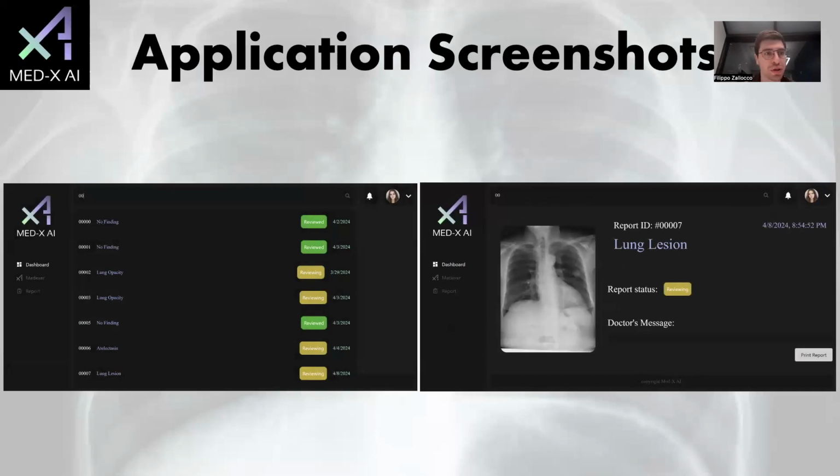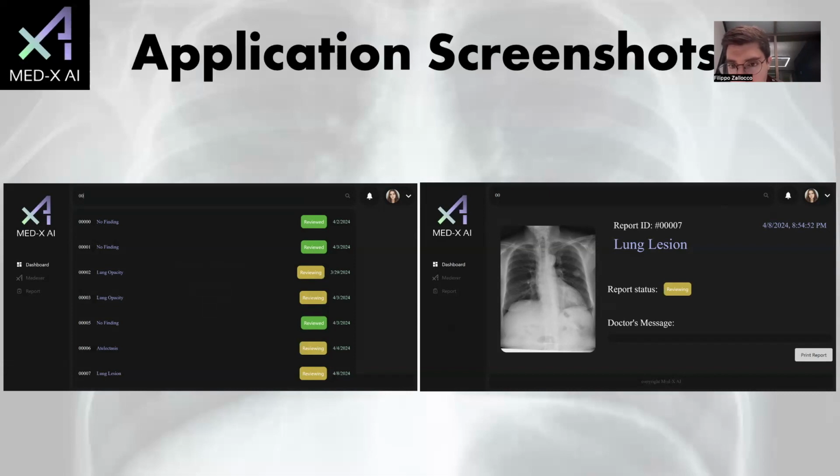We added a search function into the search bar that enables a user to look up a record either by ID, results, status, and date. As you can see from the snapshot to the left, upon entering the digits 00, we have a long list of records whose IDs begin with 00s. And next to it, we have a long list of all the findings, the statuses, and the dates when these reports were taken. And to the right, we have a